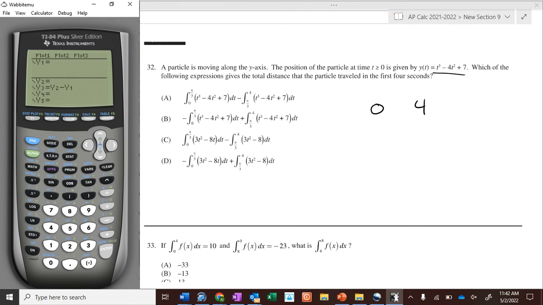And if we go, or x cubed, so x cubed minus 4x squared plus 7. And if we graph it, what happens here is,